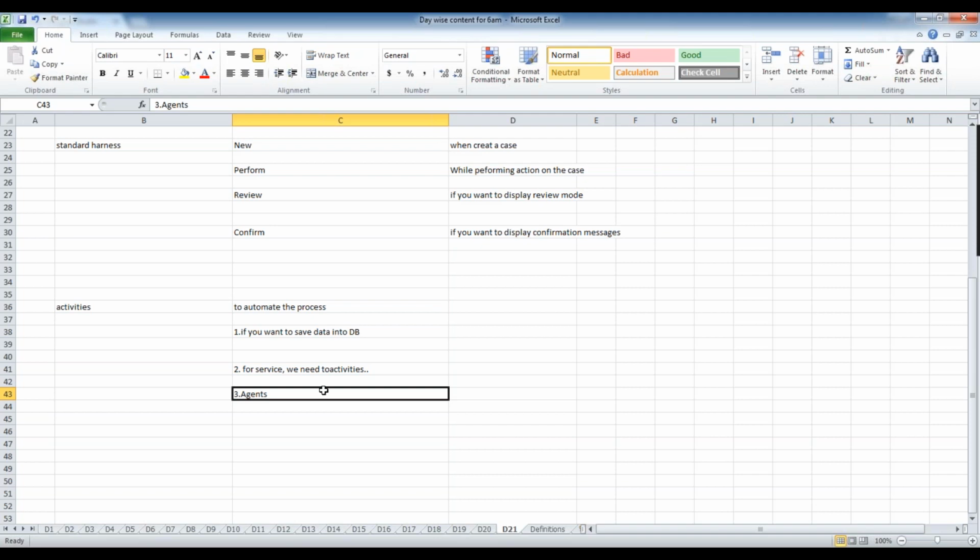Along with this, if anything is not possible with some other rules, you can come to activities and achieve that, because activities are easier to use for those coming from a Java background.